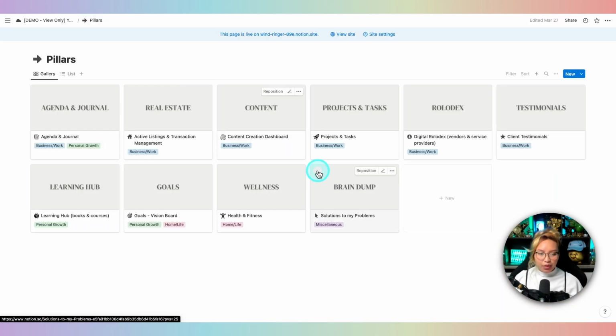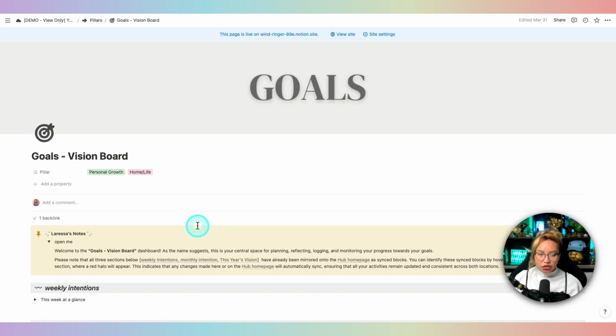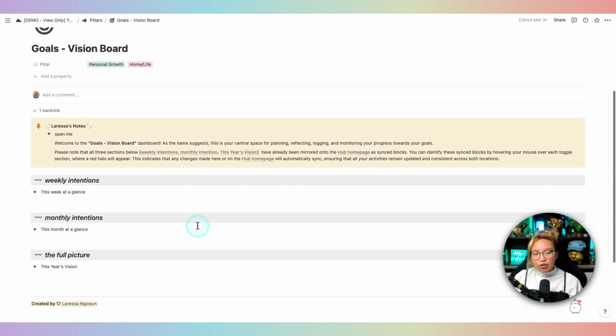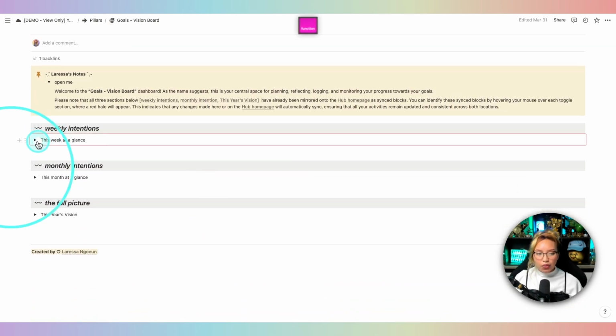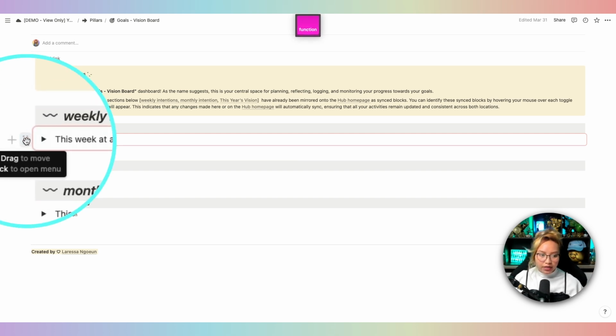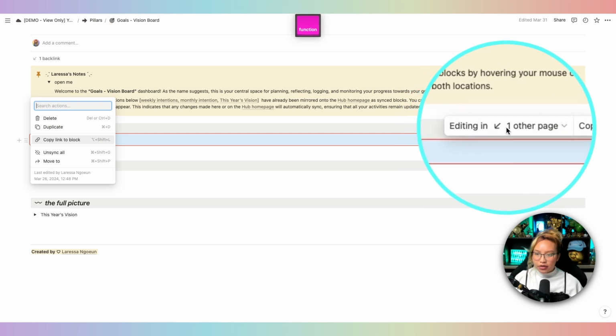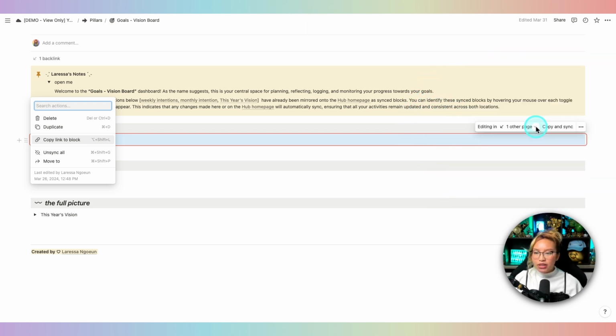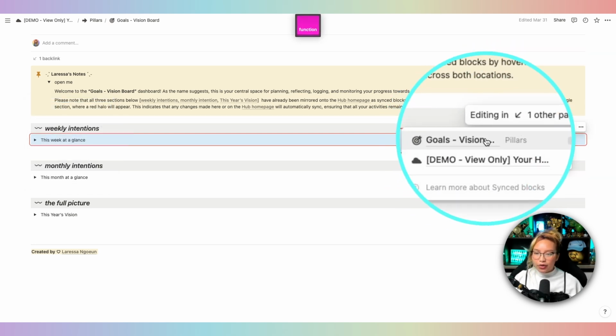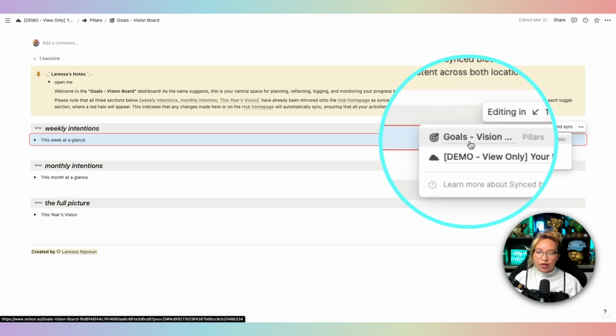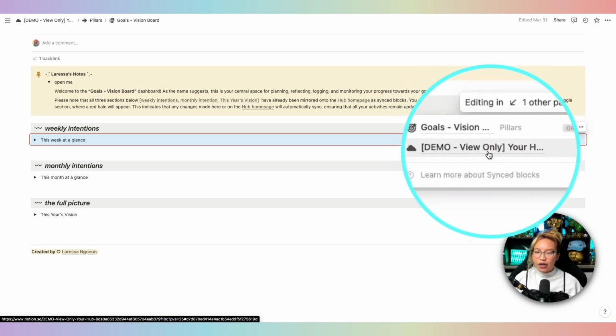If I go back to my pillars here, we have goals and visions. On this particular page, these two, the weekly intentions and monthly intentions, as you see here, are being highlighted in red. This is a synced block that I've put onto my homepage. If I click on the six dots here, and you see this arrow, if I click this down, you can see that this is coming from the goals and visions,